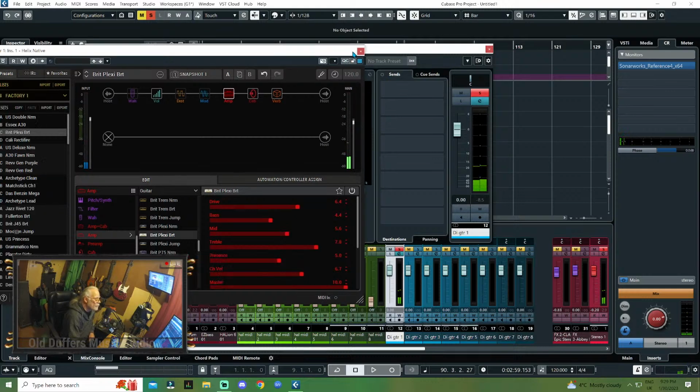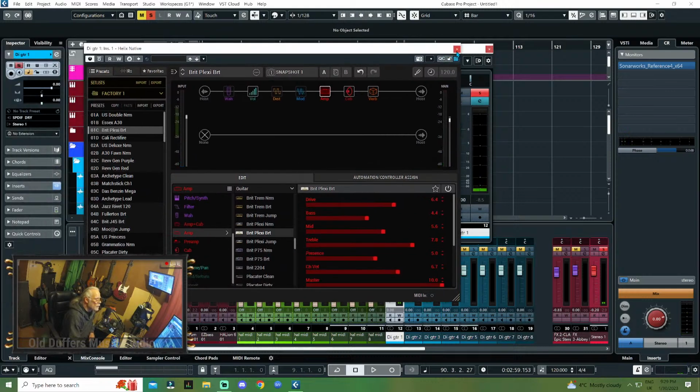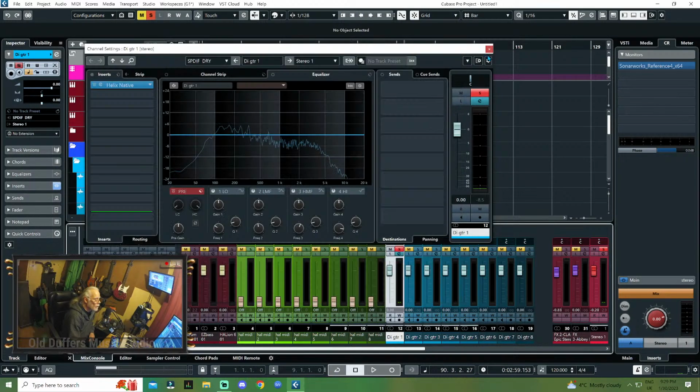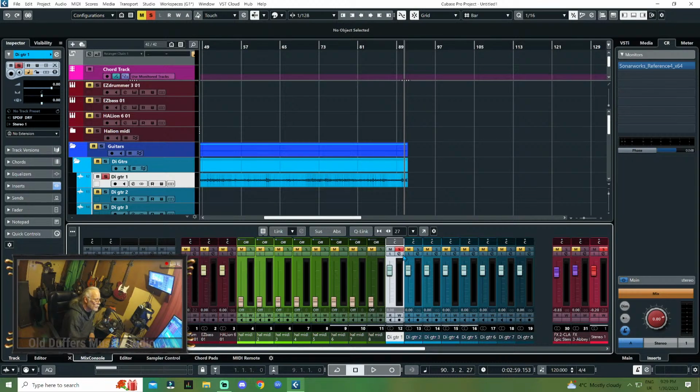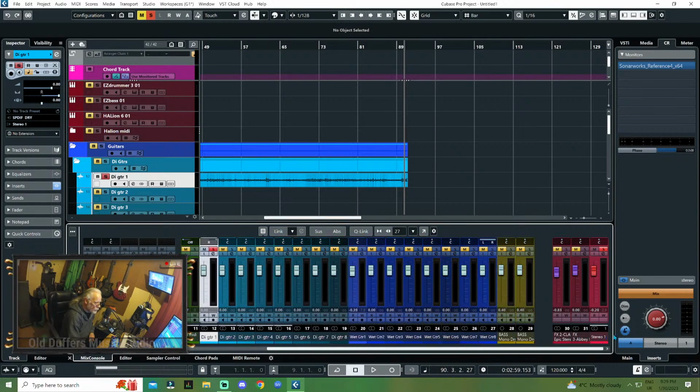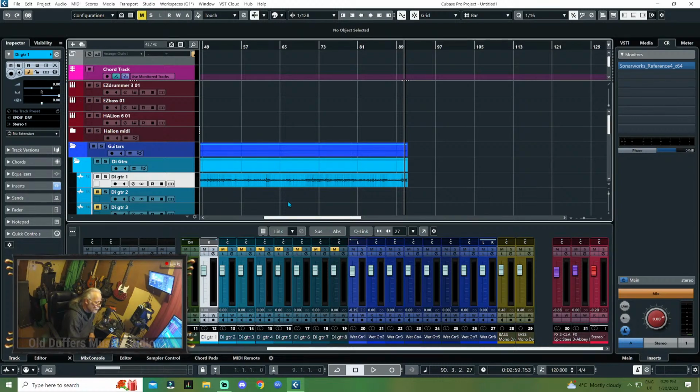So I've got the Helix Native on my DI guitar now, and I'm going to pan one way, and my other wet guitar, which I recorded previously, I am going to pan the other way. So it now sounds like